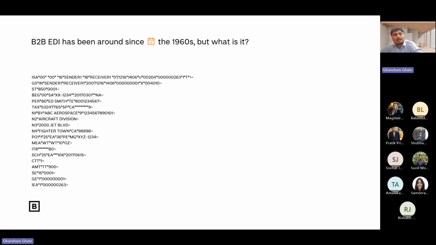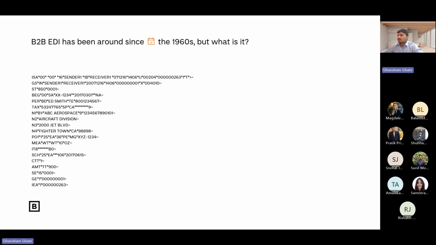Okay, so I have this sample for one of the EDI, which is purchase order. Okay, and it is 850 X12 format. Okay, so let's break it down into segments and see what this document looks like. It looks a bit cryptic, but if you see each and every segment, you will see the purchase order data being divided into segments, and the system can interpret it based upon certain schemas that are being defined in the X12